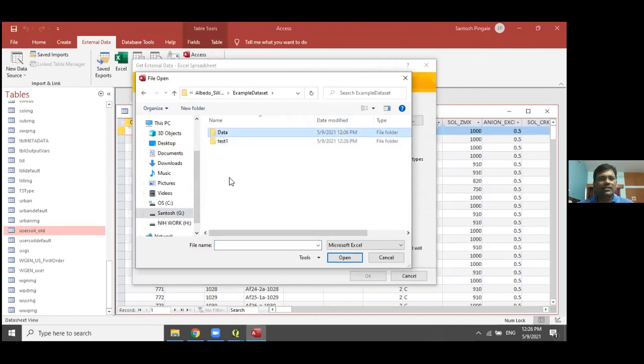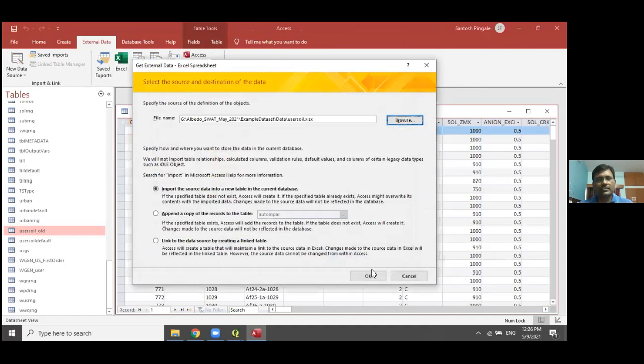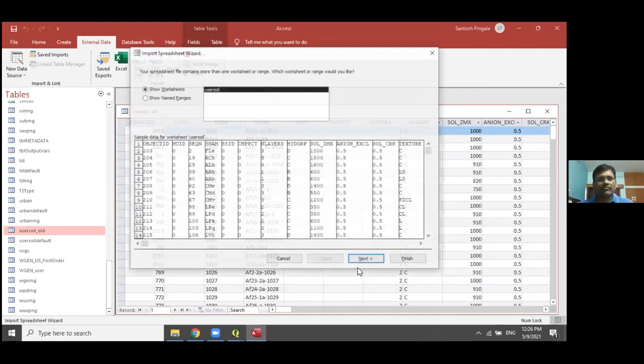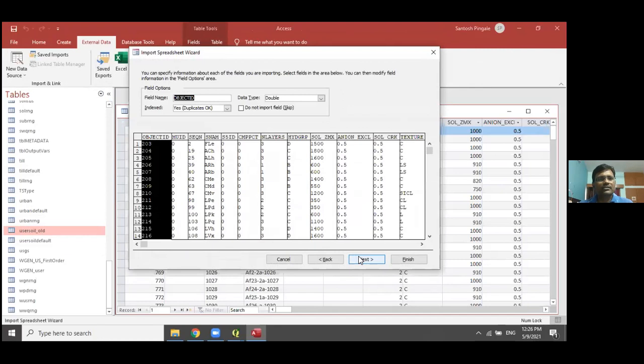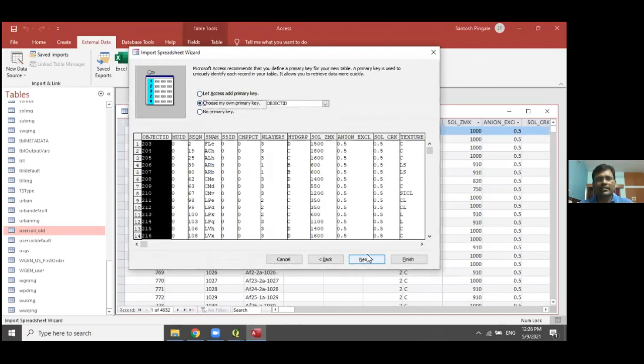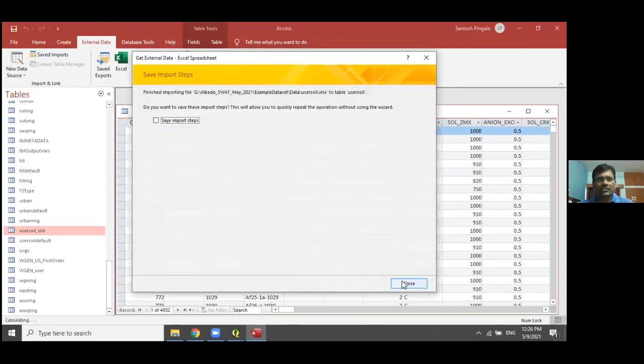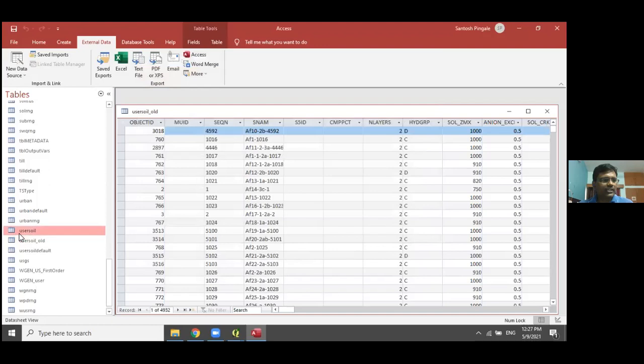So this is the information related with the soil, user soil. Just say okay, next, then let us choose my primary key ID, then finish. So now the user soil is added. You can either delete the old one or otherwise keep it as it is.